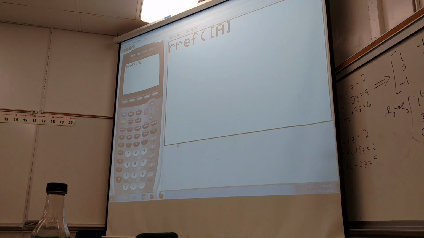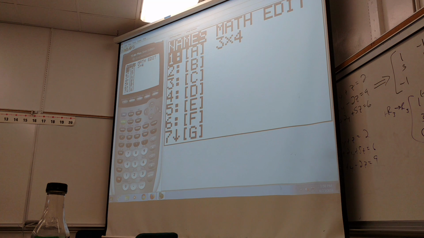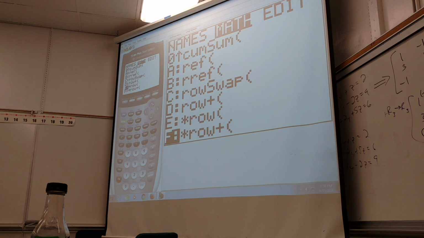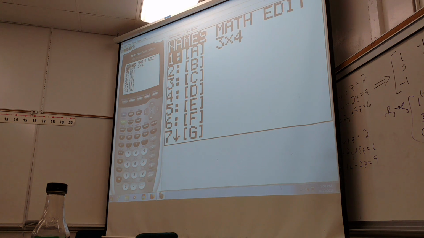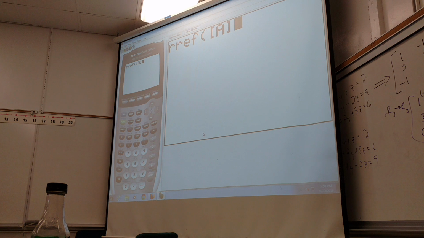All right, let me do it again. So go back into matrix to math. So RREF. Then go back into matrix to names, and you can pick matrix A. So I want to row reduce matrix A. And if I just say row reduce, that actually makes sense. That feels like what this is, right? Row reduce. I'm reducing the rows, making zeros. Now if I hit enter,